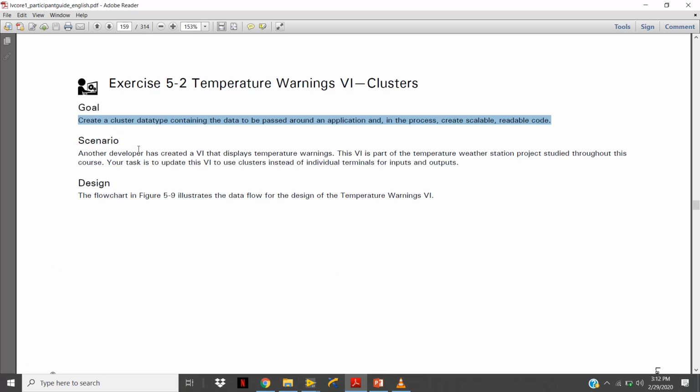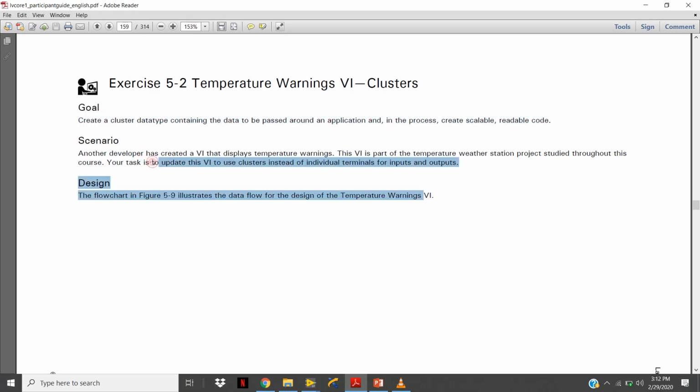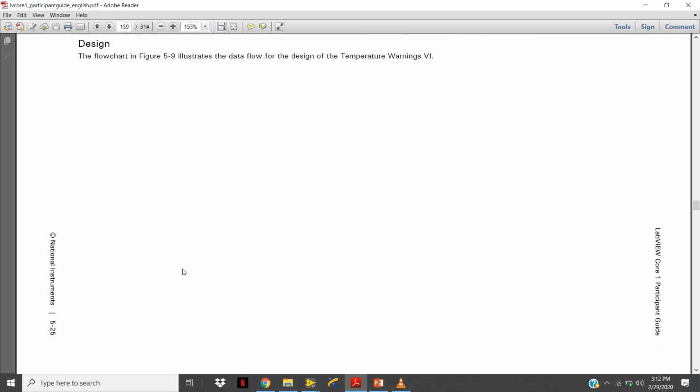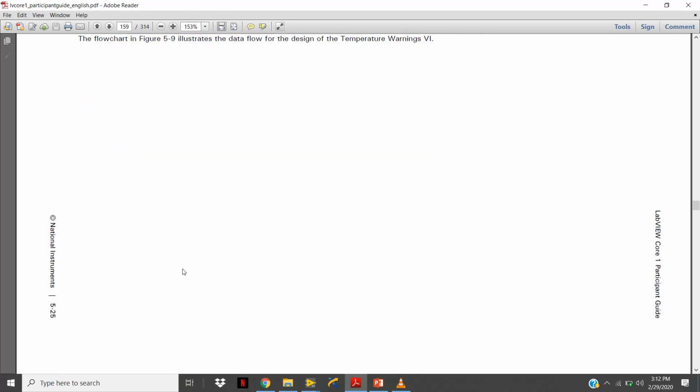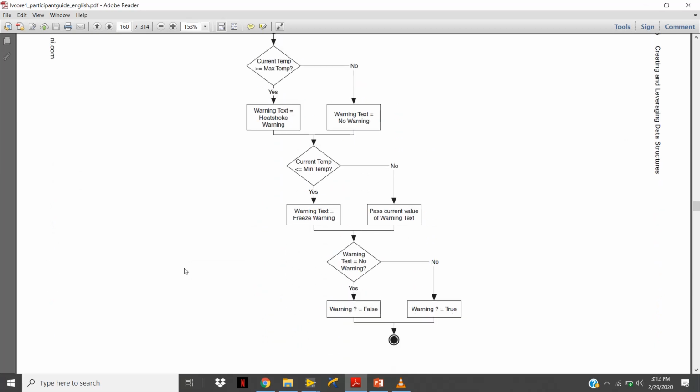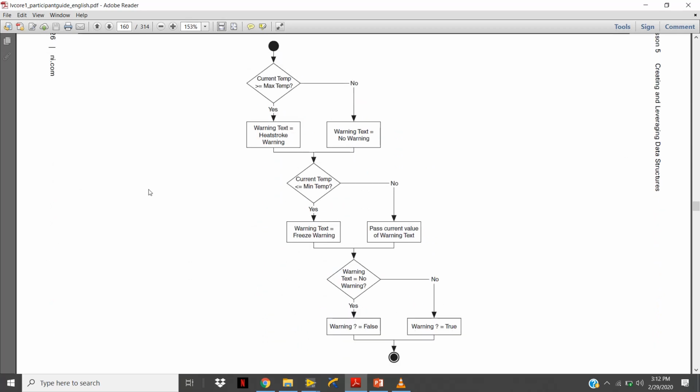Another developer has created a VI that displays temperature warnings. This VI is part of the temperature weather station project studied throughout this course. Your task is to update this VI to use clusters instead of individual terminals of inputs and outputs. This is a scenario, and this is a flow chart in figure 5.9 to illustrate how to design this temperature warning VI. So we will keep this flow chart in our mind, and we'll design this code ourselves